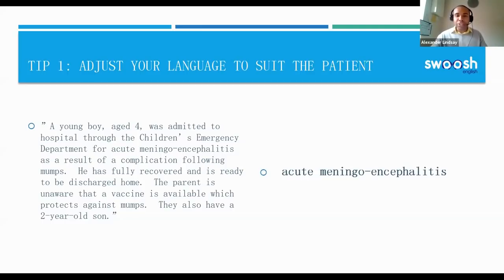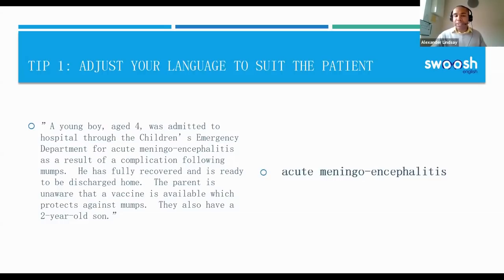So due to the patient's or the parent's lack of knowledge regarding the vaccine, you should be prepared to explain to him or her how the vaccine works and also why it's important. So that's what some of you were saying as well. So really well observed. If the parent, on the other hand, was familiar with vaccinations, let's imagine it was a different situation. The parent actually knew about the vaccinations. It would not be appropriate to go into such a basic explanation as to what the vaccinations are and how they would work, because that would be deemed as possibly talking down to the parent or even being patronizing, which would be seen as being inappropriate.